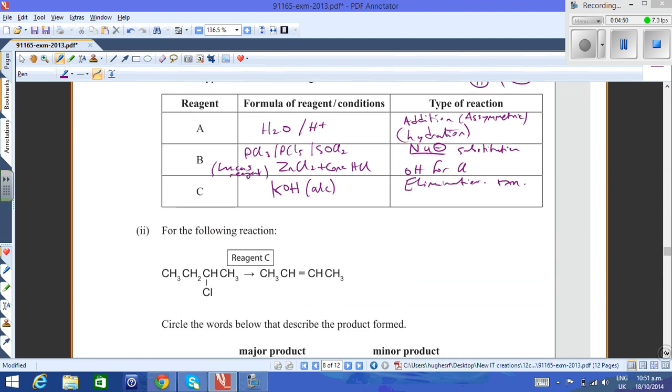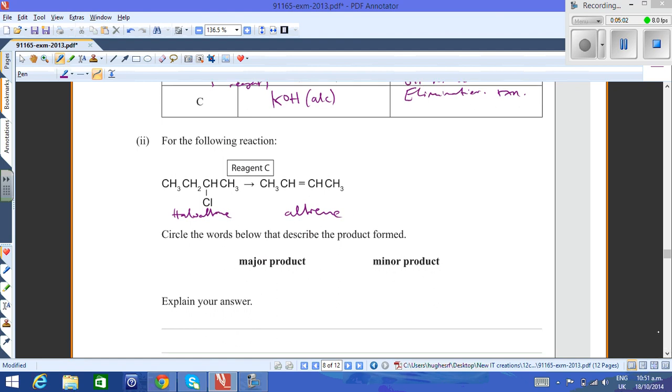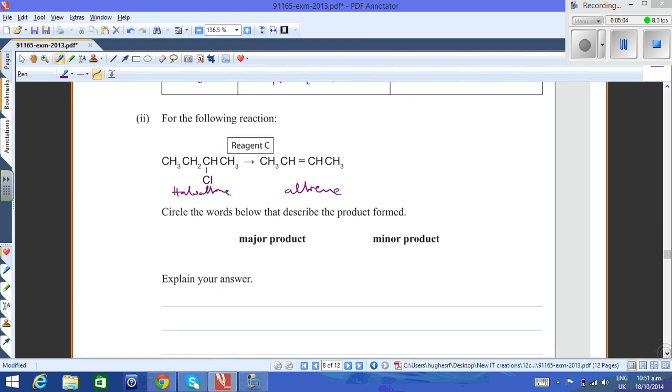And the second part here, then, they look specifically at the haloalkane and the haloalkane elimination reaction to form the alkene here, but-2-ene. And they're talking about reagent C. And they say circle the words below that describe the product formed. And we just said it's the major product, and it's the major product